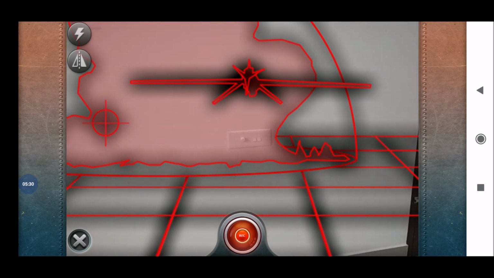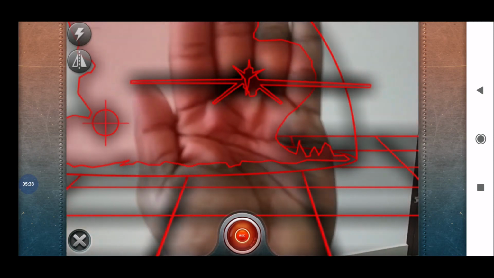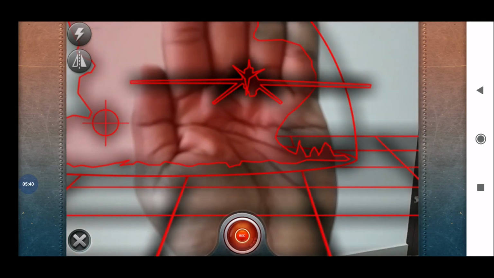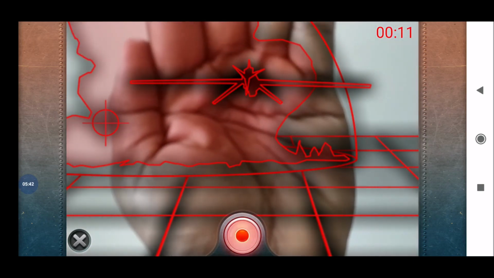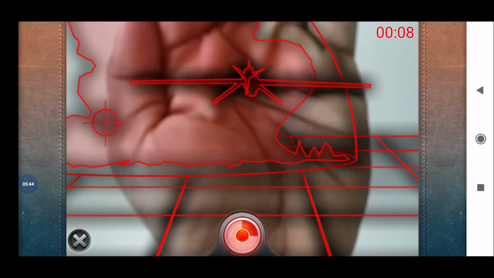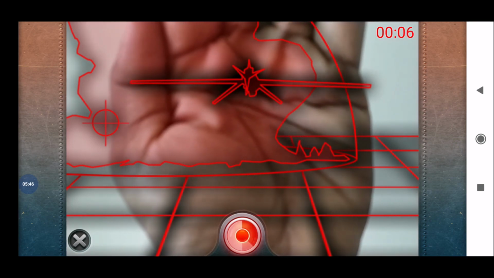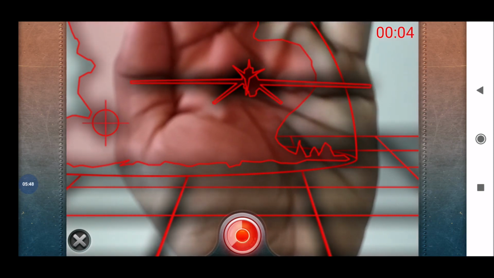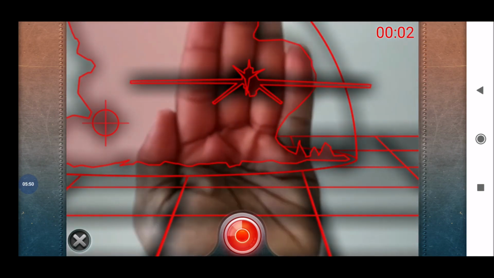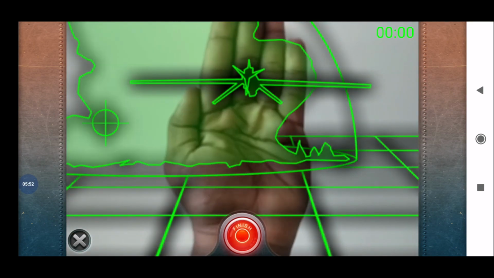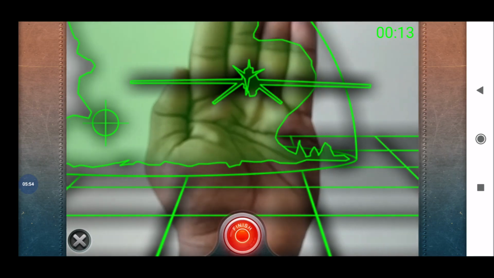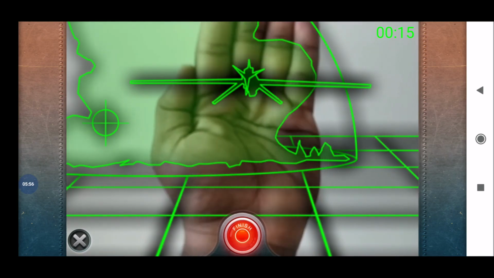I am not going to come in front of the camera, I am just placing my hand in front of the camera. Just look at here. Then press the start. Now it is recording. I have to remember it will be available for 20 seconds, but will give a different colorful experience for you. Now it is recording.